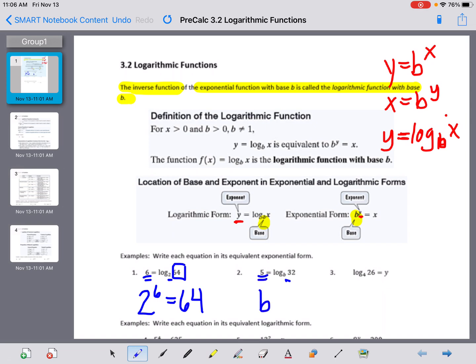My power is always across the equal sign, or my exponent: b to the 5th power equals 32. Now, some of you might be looking at that and saying, oh, I know what b equals, right? b equals 2, because 2 to the 5th power is 32. Do you see how, because we pull it out of the log form, we could actually do something with it